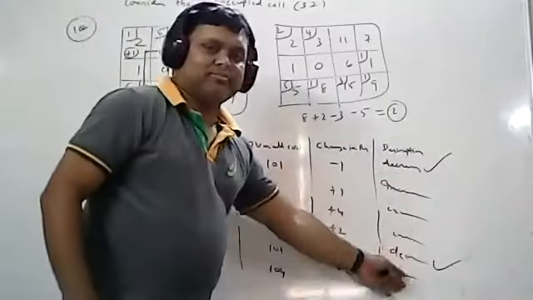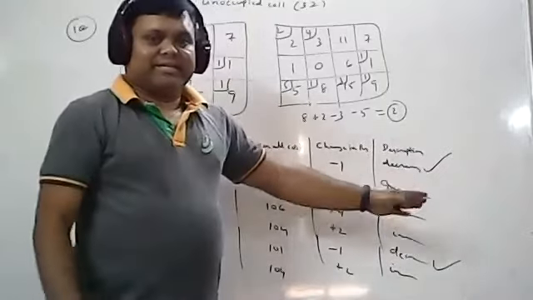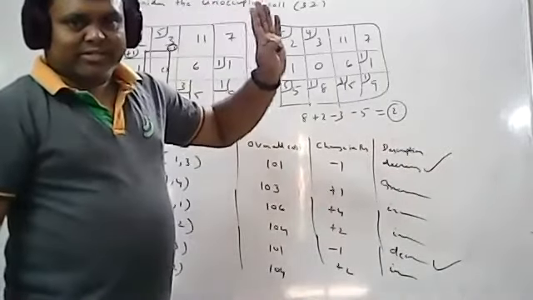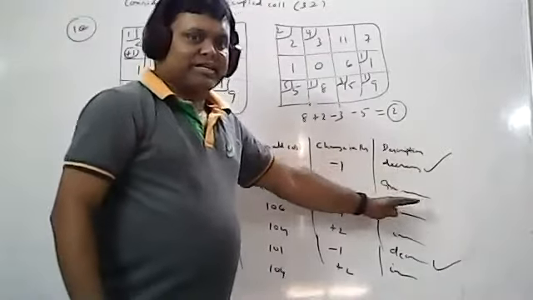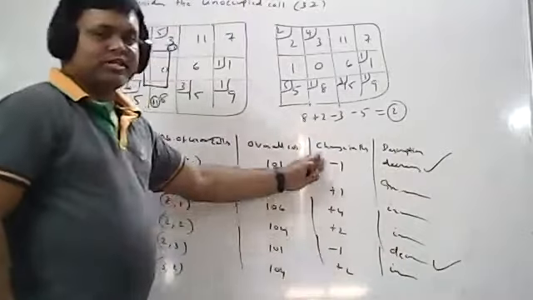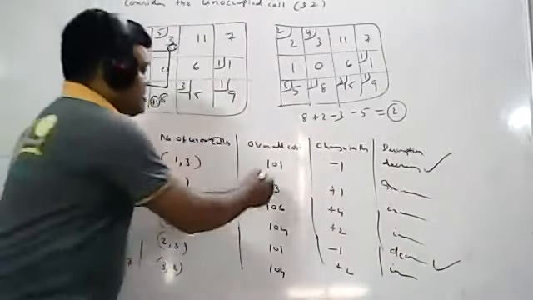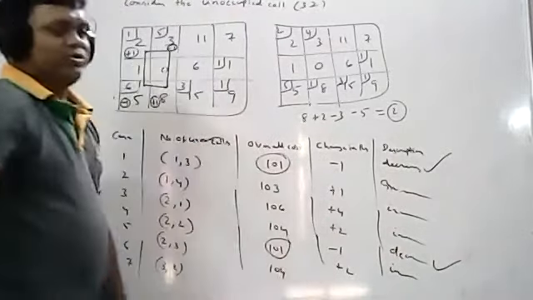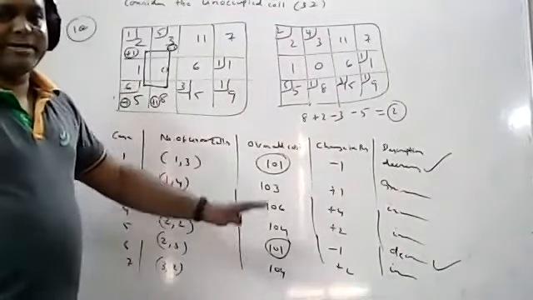Suppose decrease is not available. You got all increases. Then whatever VAM method answer, that is your answer. If decreases are there, go for decreases. In that, what is the minimum value? How to identify? But in this case, -1, both are same decreases. So you got 101. So 101 is the optimum solution for this particular problem by using stepping stone method.